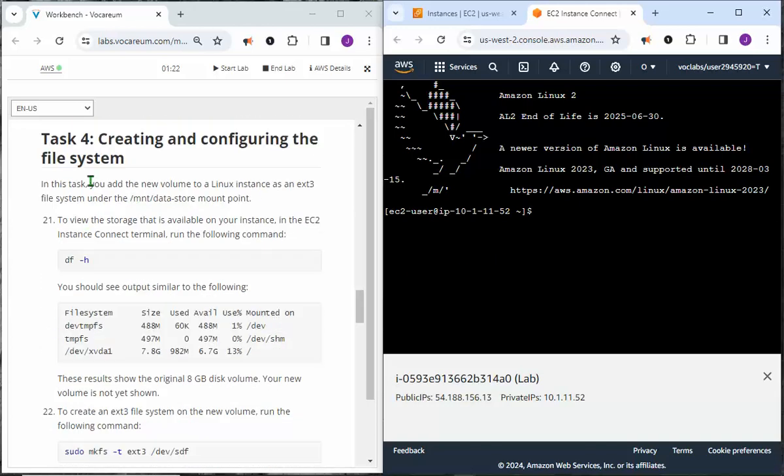Let's continue with task number 4, creating and configuring the file system. In this task, you add the new volume to a Linux instance as an ext3 file system under the /mnt/data-store mount point. So what we're going to be doing is step number 21, to view the storage that's available on your EC2 instance. In the EC2 instance connect terminal, run the following command. So we're going to use this command,